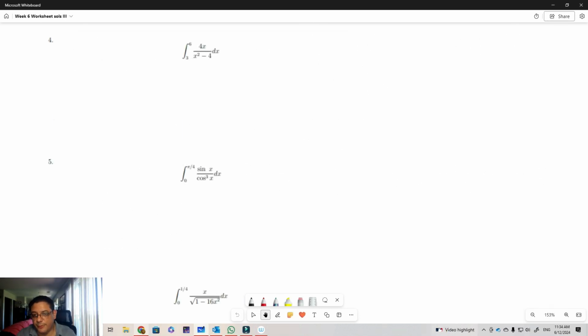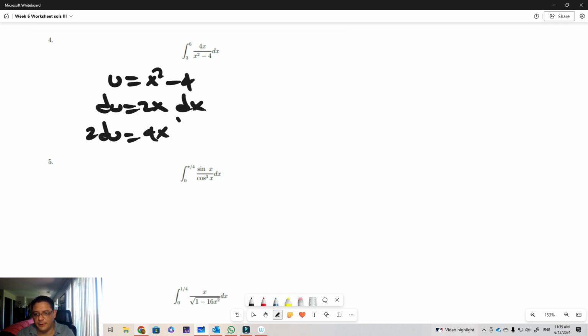Okay, now number 4, we have the integral from 3 to 6 of 4x over x squared minus 4. Here, again, the substitution is u equals x squared minus 4. And then the du is going to be the 2x dx. Because we have a 4x here, we can just simply multiply by 2 du, so we get the 4x dx. And so now we get to transform this into 1 over u